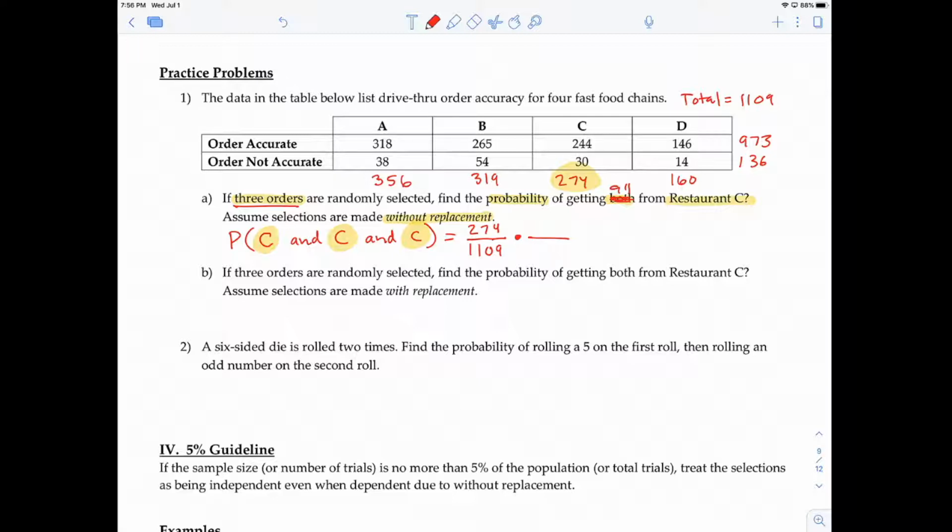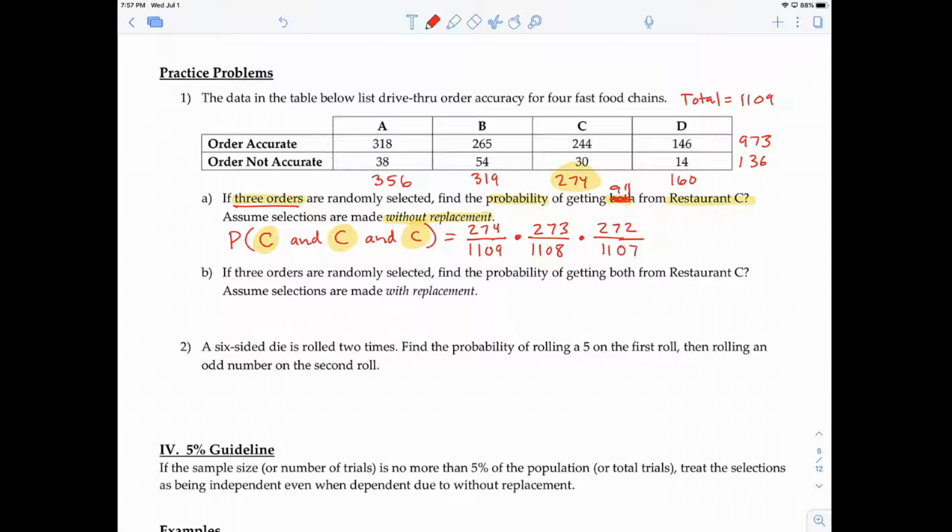So how many different ways can we select the second order being from restaurant C? Well, that's 273. Why is it 273? Because the selections are made without replacement. So we take the first one out and we don't put the selection back in, right? We put it aside. So now we're one less from restaurant C, and we're also one less total. So that's going to be 1108. For the probability that the third order is from restaurant C, how many different ways can we select an order from restaurant C, given that the first two orders were already from restaurant C? Well, we're one less, so that's 272 over